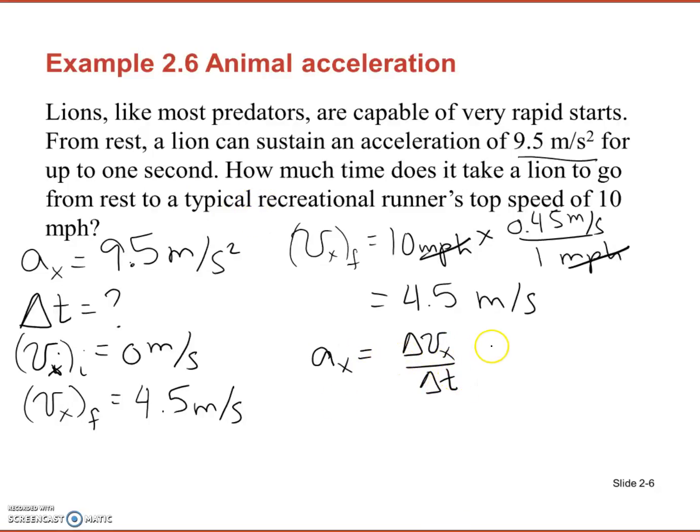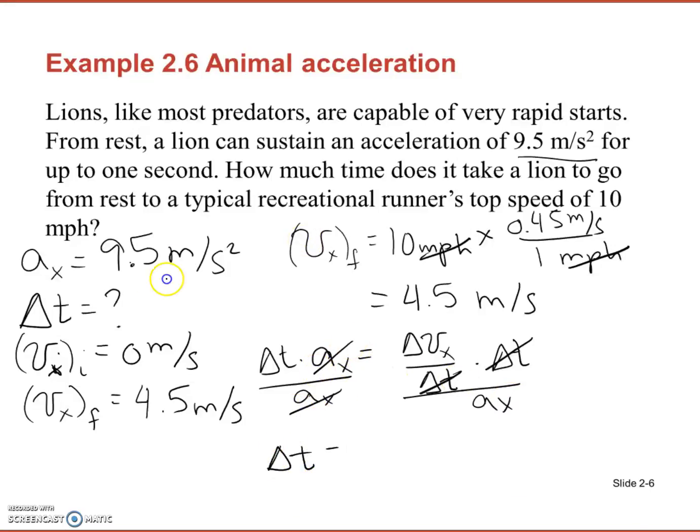So if I solve this for time, multiply both sides by delta t, it cancels on the right hand side, and then divide both sides by acceleration. And I see that delta t, cleaning this up a little bit, is equal to the change in velocity divided by the acceleration. So my change in velocity is 4.5 meters per second minus 0, final minus initial,